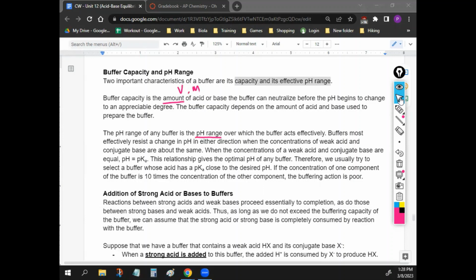Is that dependent on how much of the buffer there is? Yeah, usually it's gonna depend on two things: the volume, but it's also gonna depend on the concentration. So if you put a gallon of 0.001, that's not gonna affect it very much. But if you put 100 milliliters of 12 molarity, that's gonna affect it very drastically because it is more concentrated. So how much buffer you have also matters. Oh, so is that why if you drink too much water, you die? That's because it starts taking